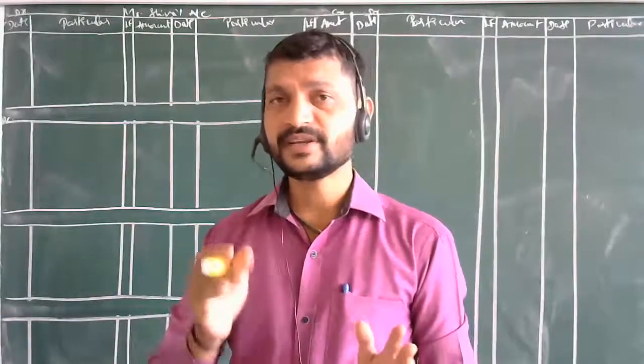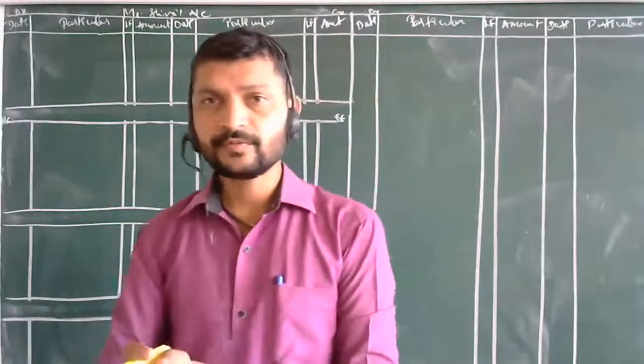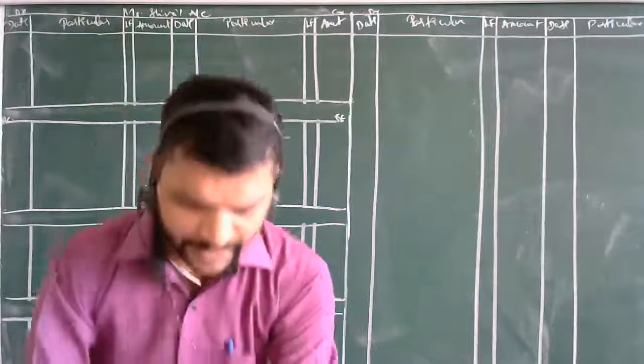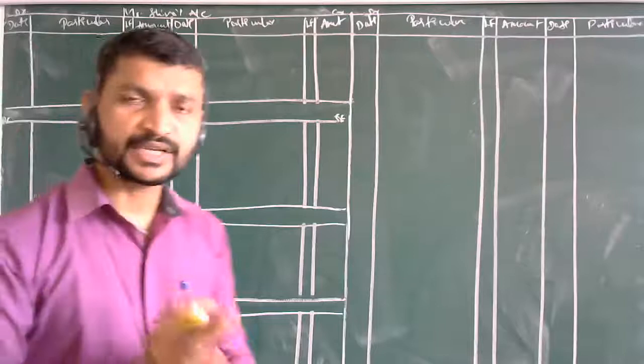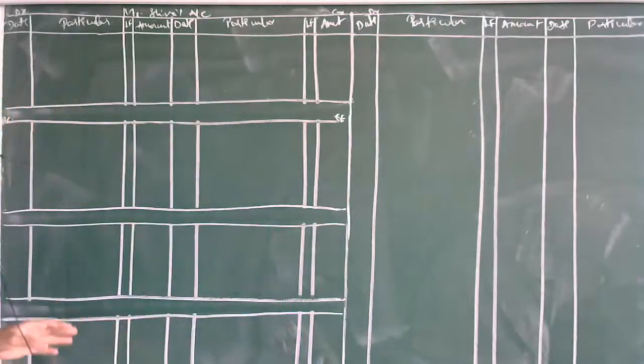All the entries regarding the debit side of the cash book will be credited. The credit side of your cash book will be debited over here. So one by one, I will take the entries. All the cash transactions only are there in this ledger account everywhere. So the first entry, on which date was it?